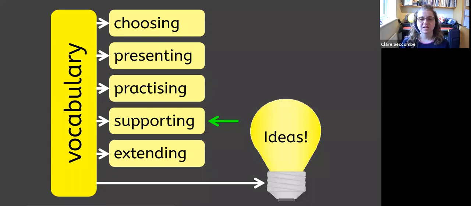So let's think next about how we can support our learners with their vocabulary as they start to use it, along with their grammatical knowledge to put together phrases, sentences, and for the more experienced ones, texts. We want them to focus on the structure without the worry of the words that are going to go in that structure. Now, recently there's been a lot of discussion and reflection about knowledge organisers, which are becoming more prevalent